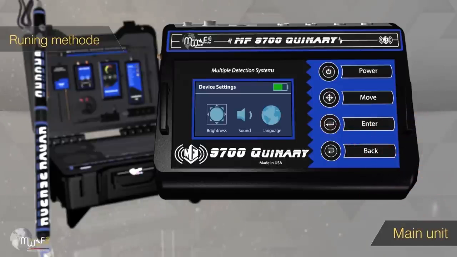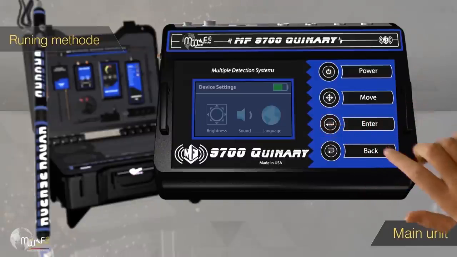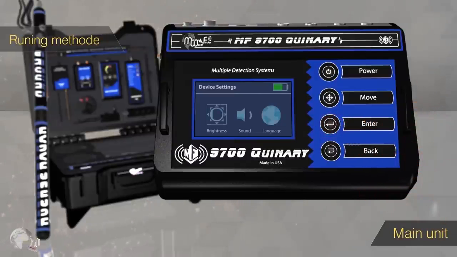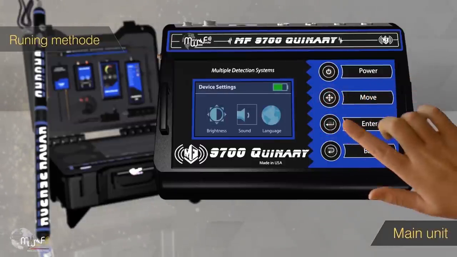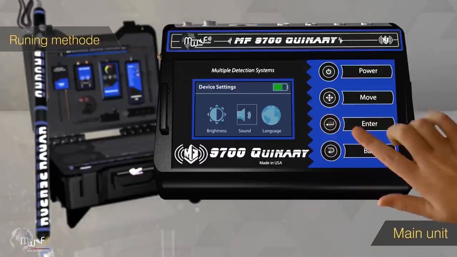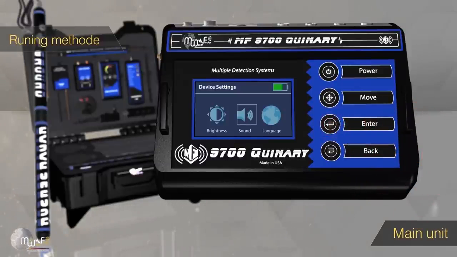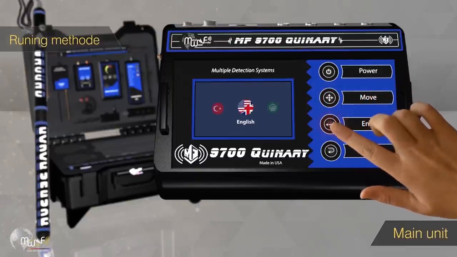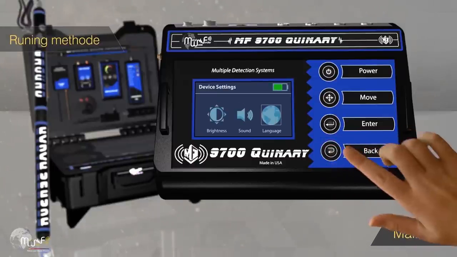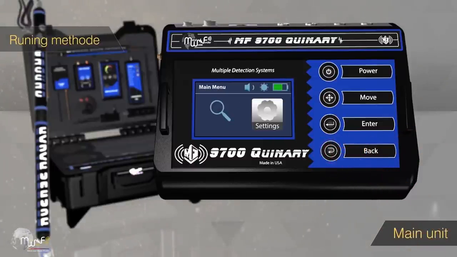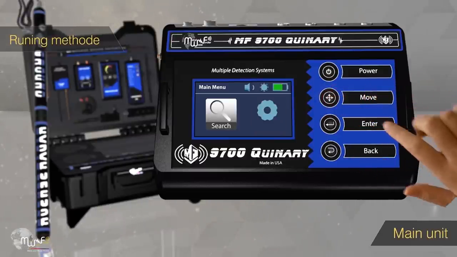Device general settings include control by level of screen brightness, control by the sound level, control of the device main language. Then go back to the main menu and select the search system icon,